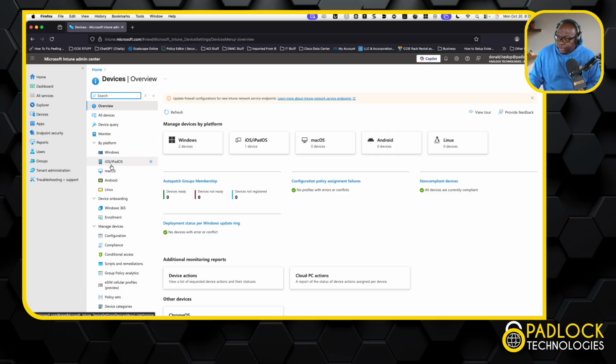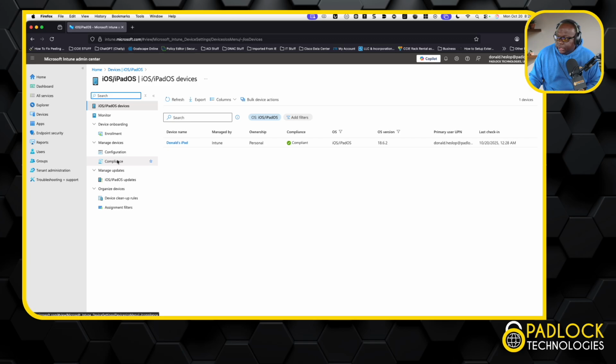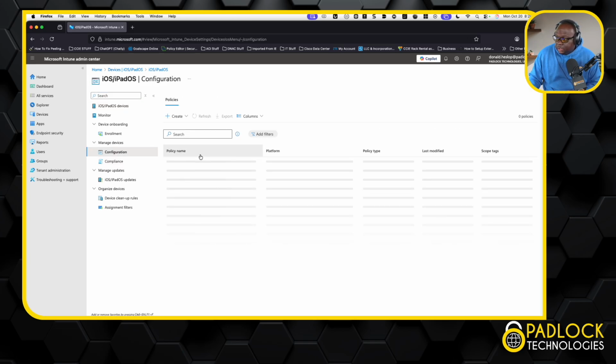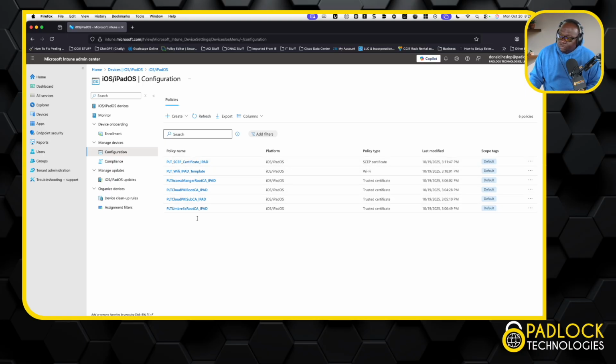So now, let's go to iOS, right? And here's the iPad here. Now I'm going to show you the configurations. Looking at these configurations, I have four certificates that are going to be installed on the iPad, which are going to be trusted certificates. It's going to be the Access Manager certificate, the root CA, the sub CA, and an Umbrella certificate